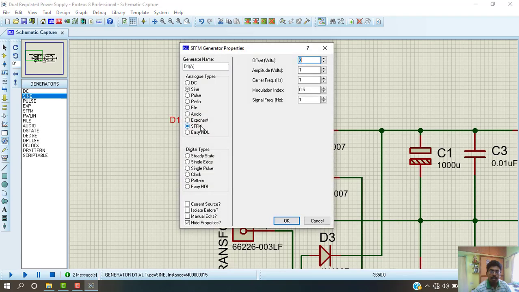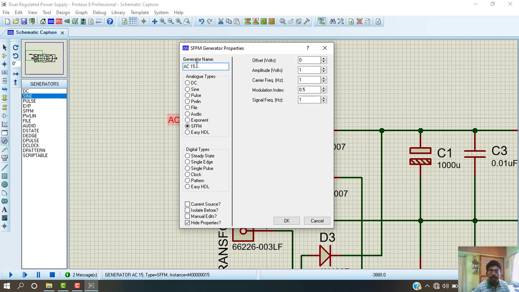You can double click it to edit its properties. You can rename it. You can give any name as input or anything you want. It is a 15 volt transformer, so I am going to give AC 15.